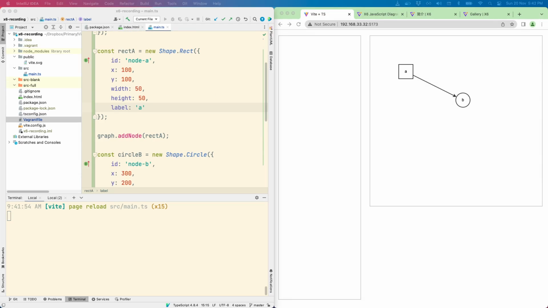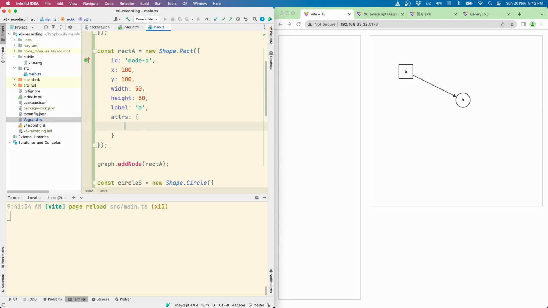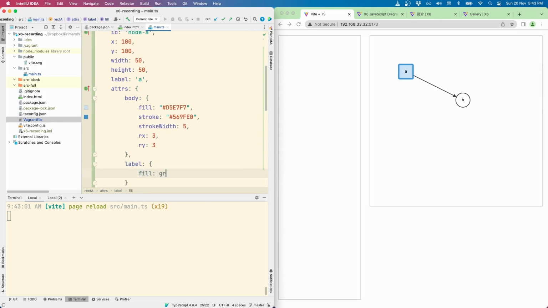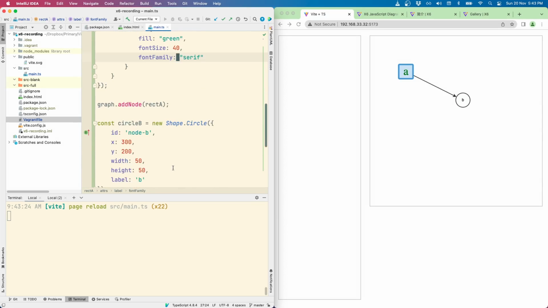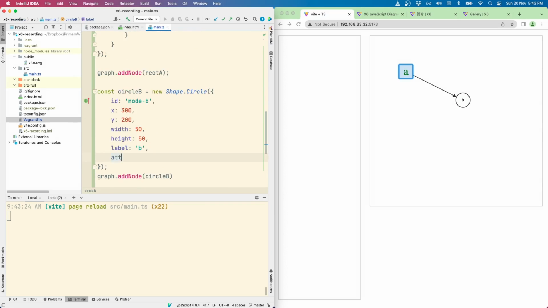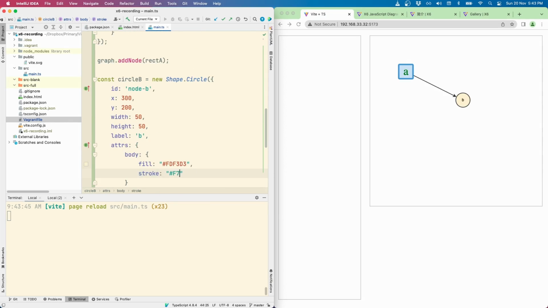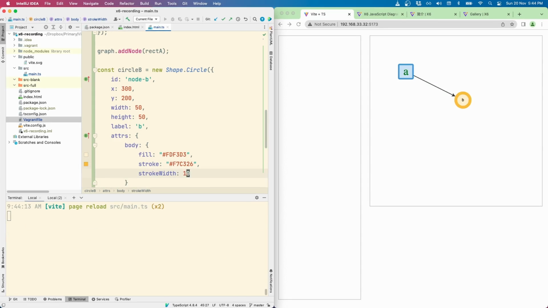Let's add some styling to the graph. First, let's change the look of the rectangle. And let's do the same for the circle. We can also style the edge, and let's first try to change the source and target marker.